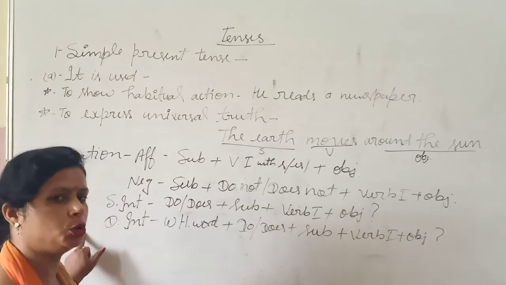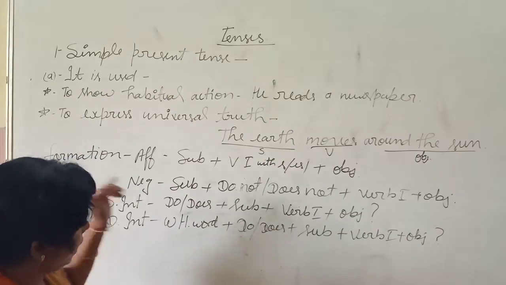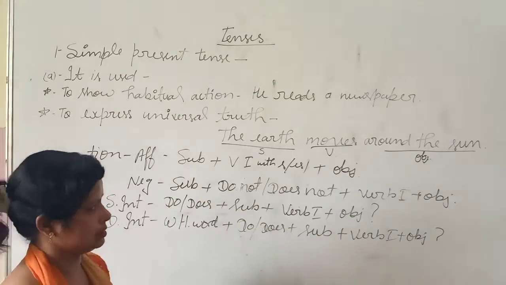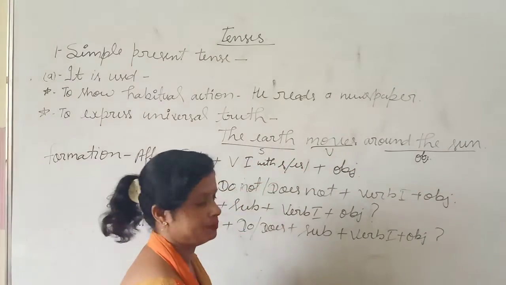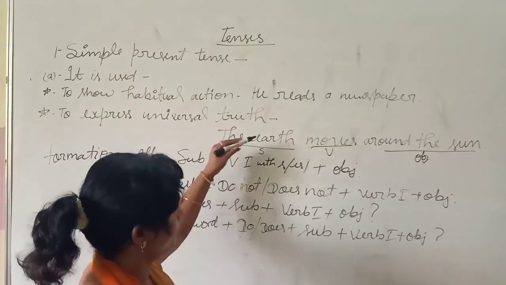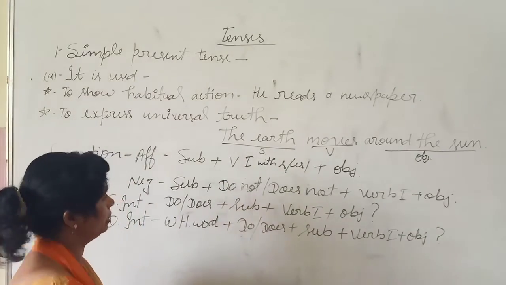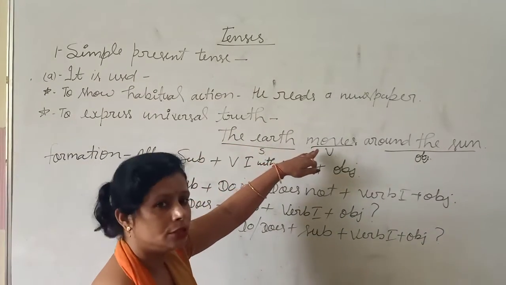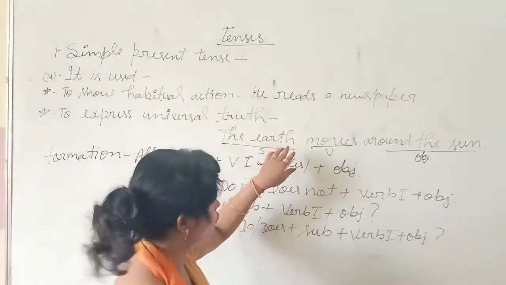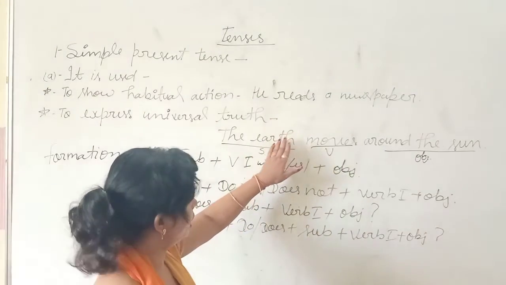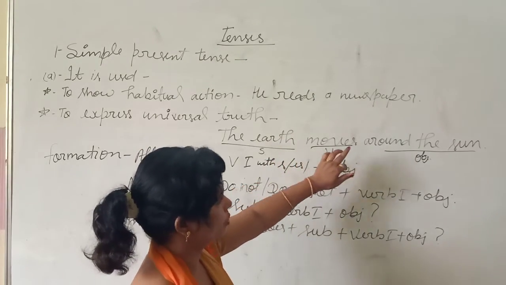How to frame, how to construct, how to make sentences. For example, I had given you: the earth moves around the sun. This is the example of affirmative. If we are going to convert the sentence into negative, then do not or does not. Earth is singular, so we have to use does not. The earth does not move